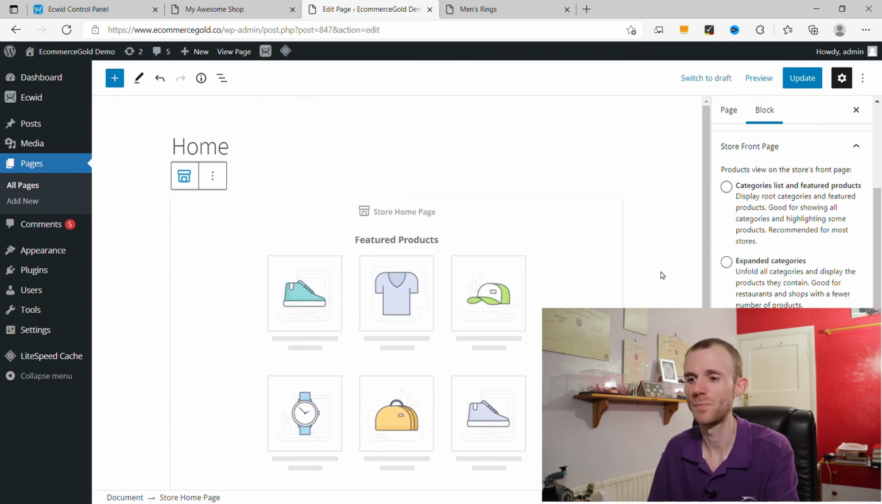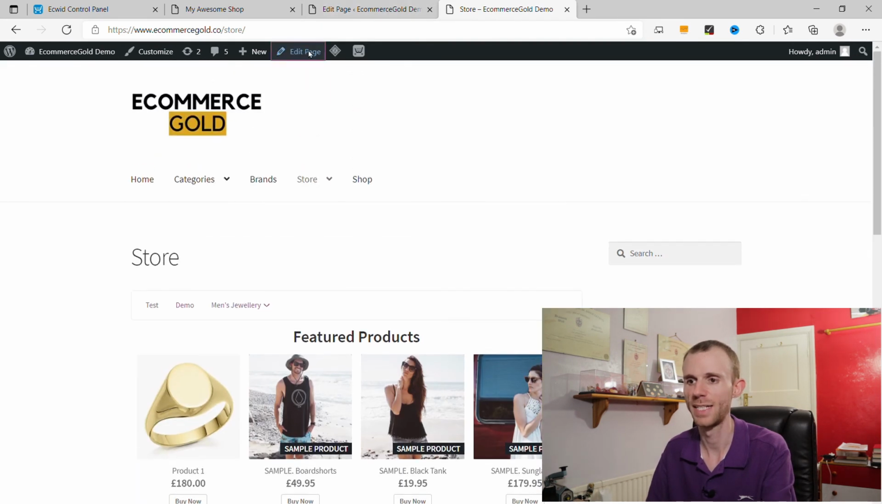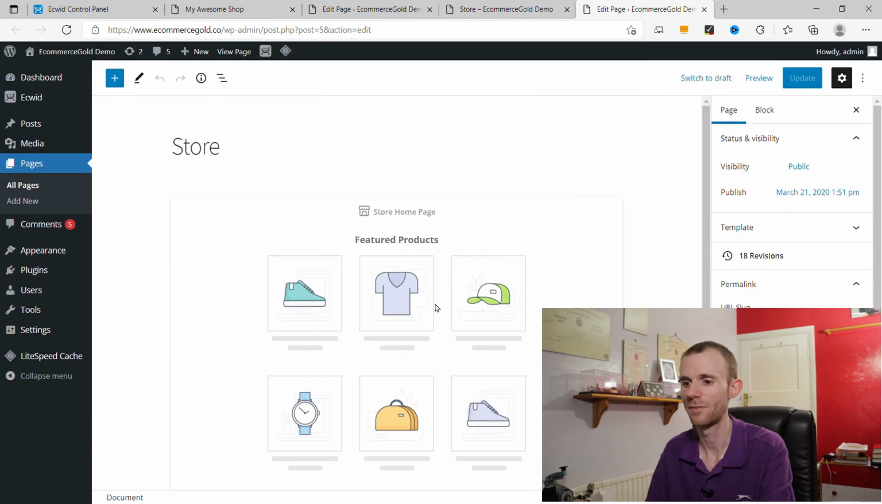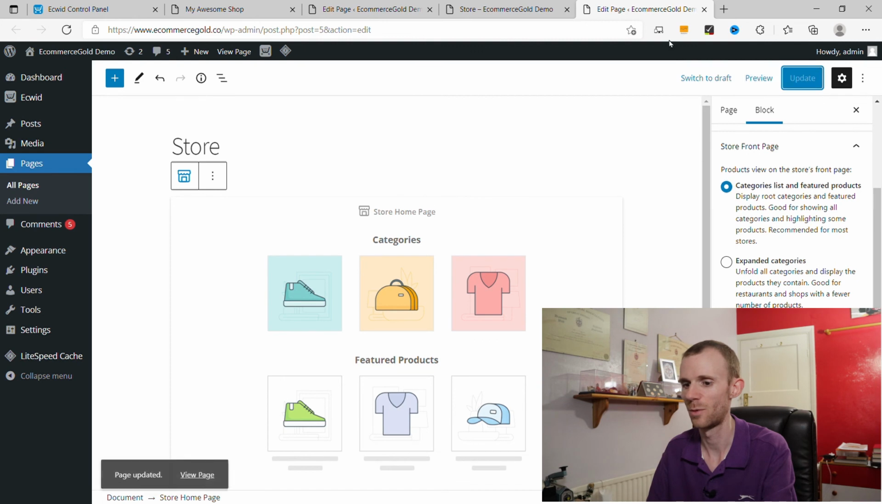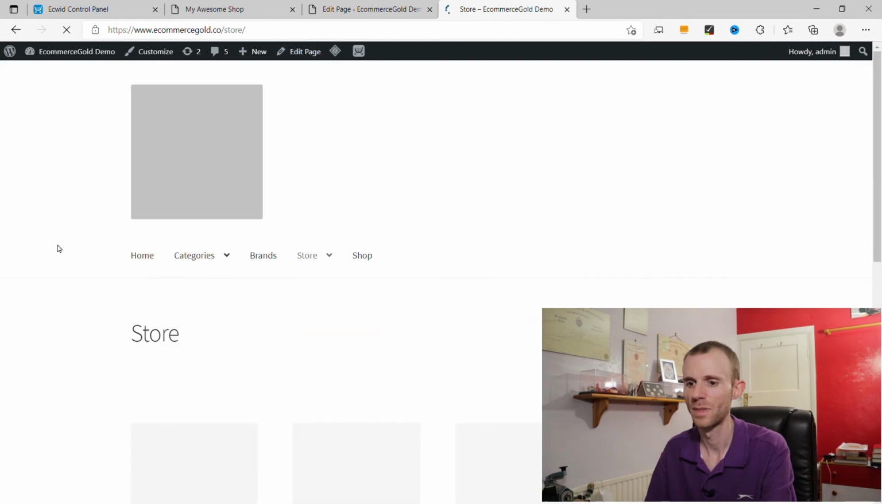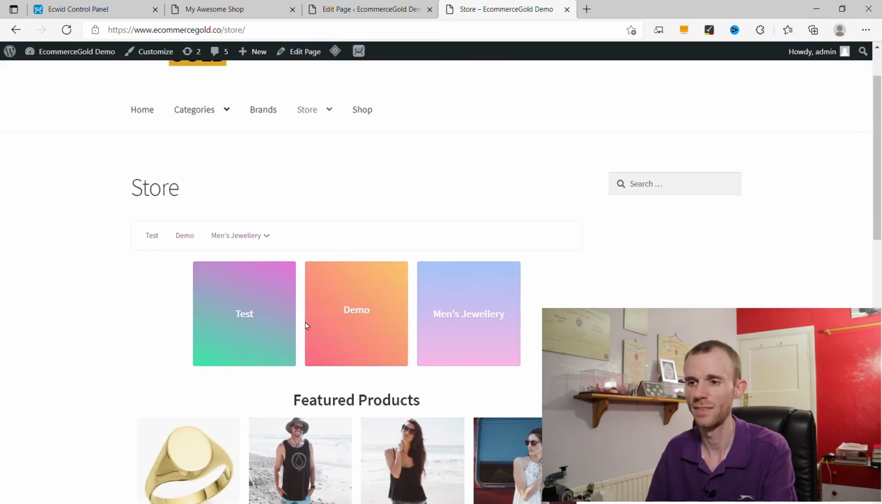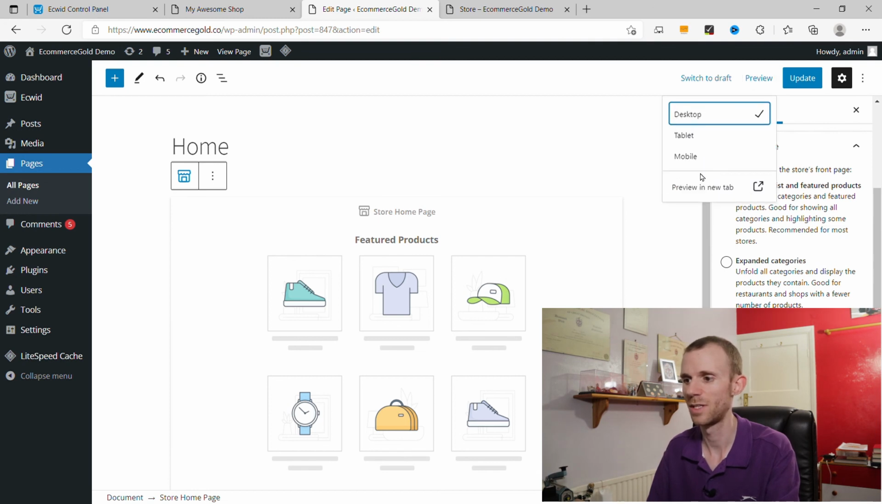Now, one of the good things is you can add multiple of these store homepage blocks to different pages of your site if you want to, but the options that you select here won't affect the main store page of your site. So on this store page, for example, if we went in and edited this page and wanted our categories to appear, we go to storefront page, categories, and we update that one, and we refresh that page. If we wanted the categories to appear on this one, but we didn't want the categories to appear on our home page, we just wanted the featured products, we can just select that one, preview this page in a new tab,